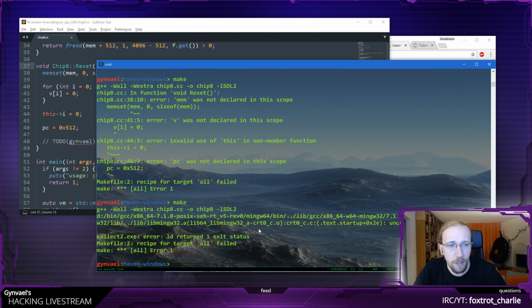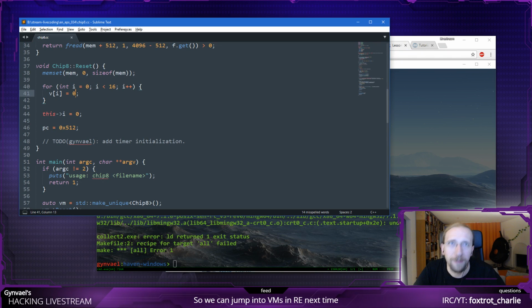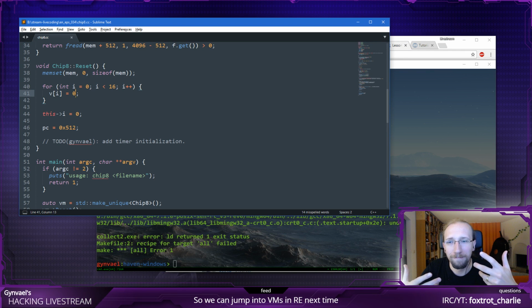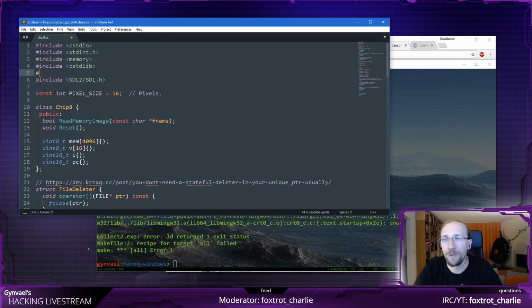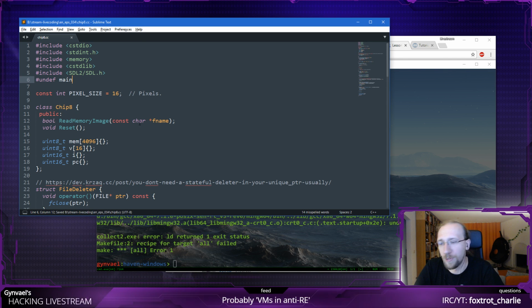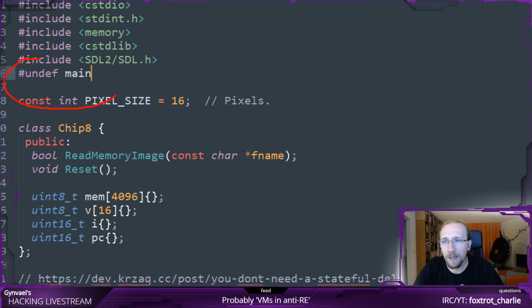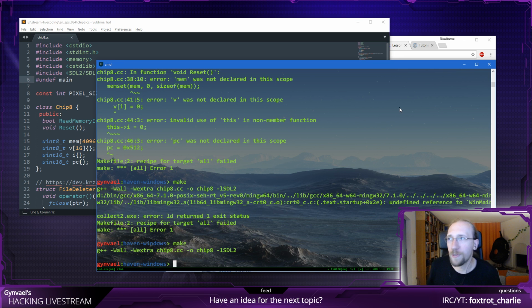And it now says undefined reference to WinMain. One of the things in SDL which I do not like is that they try to redefine main. I know that they are trying to do it for probably a good reason, but I don't like it, so I'm going to just type undef main, and this should work. Yeah, it works, so that's fine.